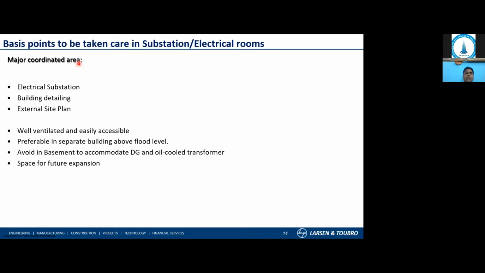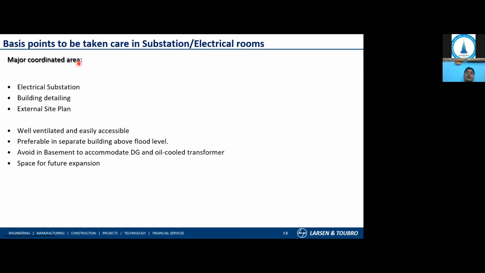So preferably in a separate building above flood level. Why I'm touching on this: there was an incident in Chennai in 2015 where the complete city got flooded, and whatever substations we planned inside the basement, and at the ground level where the flood levels were not considered at the time of designing, all the equipment got flooded and the complete building came to a standstill, and we could not power up the building, even after the water was taken out of the building. So that was a very tough time. And then after that, there was a